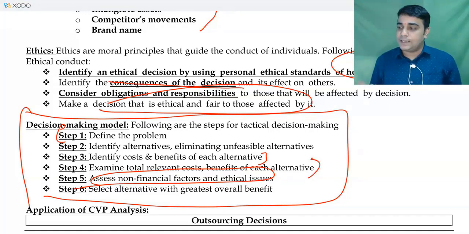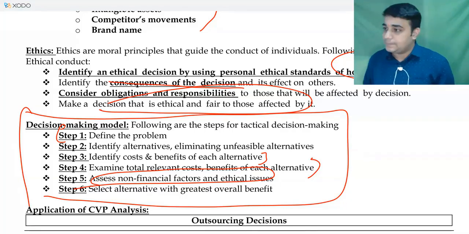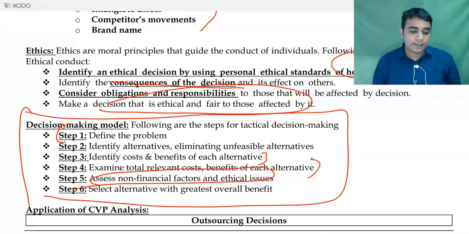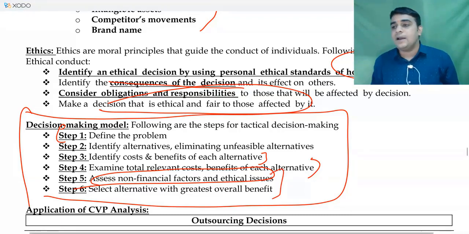Why is it easy to get the laborers? Because there is too much supply, so you can end up paying even lesser. If you end up paying lesser, it's illegal, first issue, and not ethical also. You'll have to think about the ethical angle in any decision you are taking. So step 5 and step 6 is the additional part.